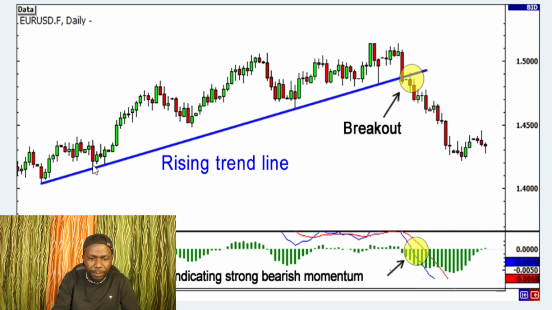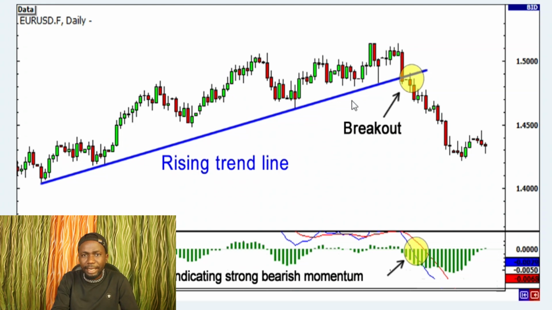Right? Because you know that if price breaks below the trend line, the market structure has been invalidated. If price makes a pullback to the trend line, you place a buy trade and your stop loss must be below the trend line. So each time price makes a pullback to the trend line, your stop loss must be below the trend line. The reason your stop loss is below the trend line is in case price